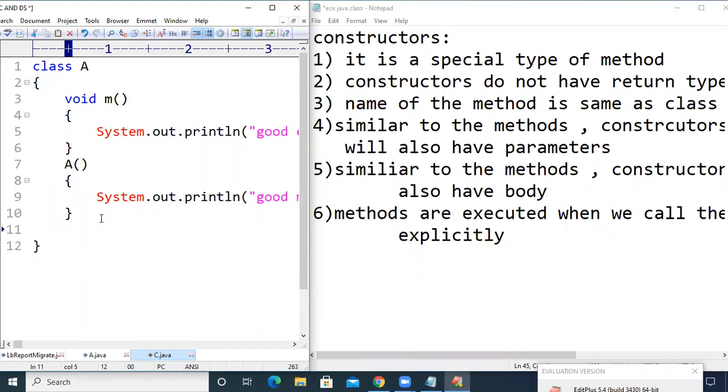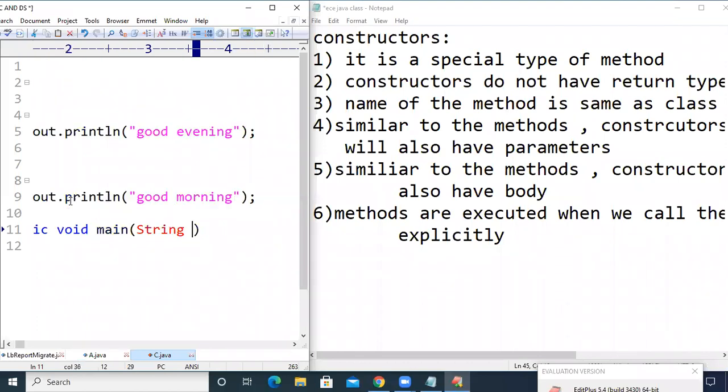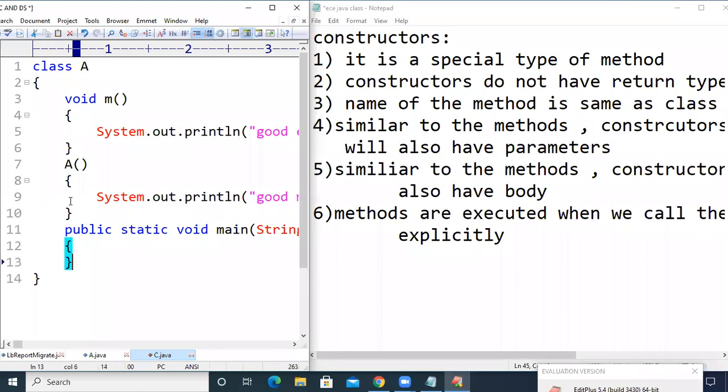Unless and until we call the methods, those methods will not get executed, right? For example, in the program that we have written here, let us define the main method of Java, and within this main method, let us create an object.